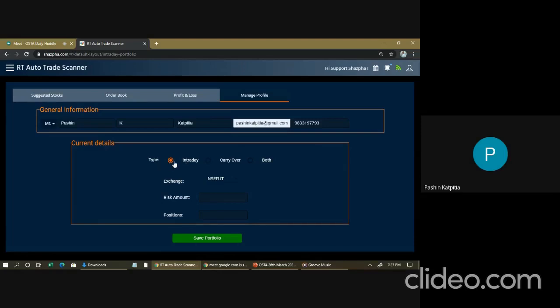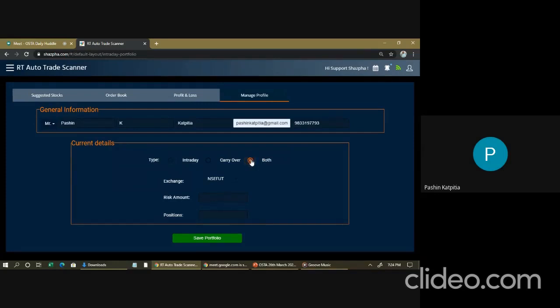Now it is asking me, do you want an intraday trade, carry over, or you want both? If you're a pure intraday guy or a pure intraday girl, you have to select intraday. If you are a day trader, you select intraday. If you are a swing trader, you select carry over, or you have the choice of selecting both so that you get all the trades.